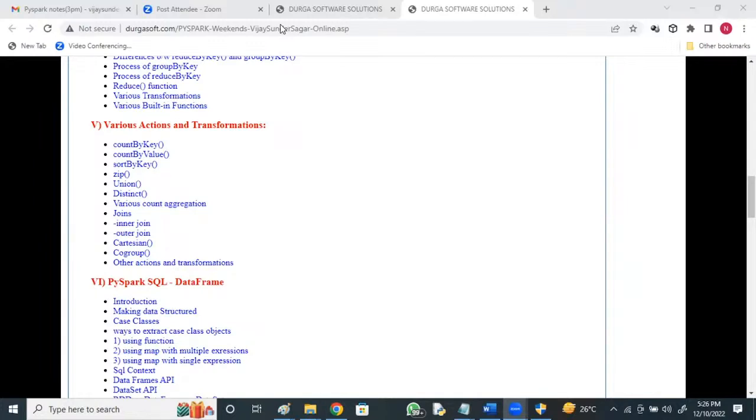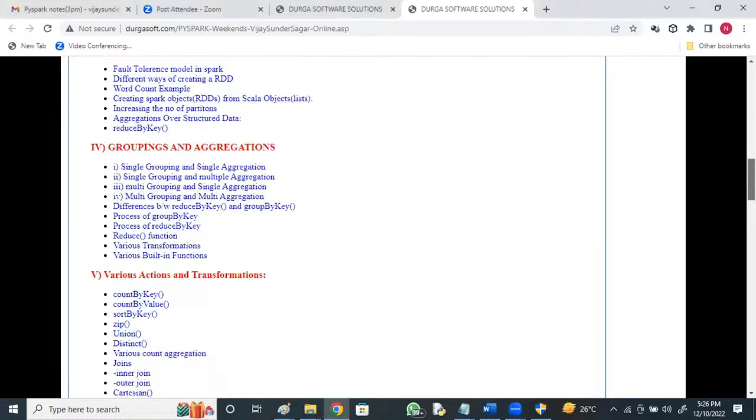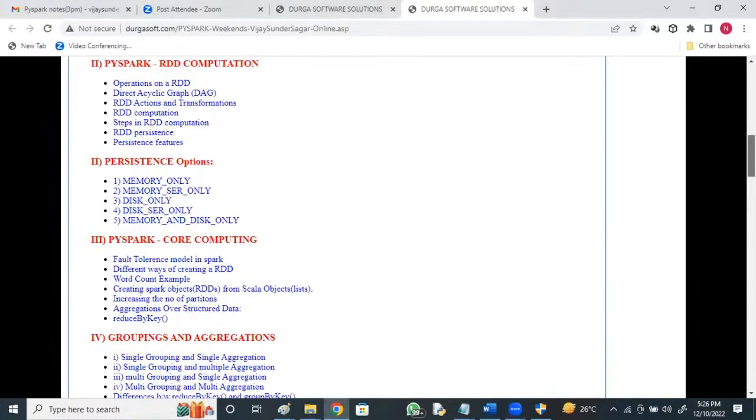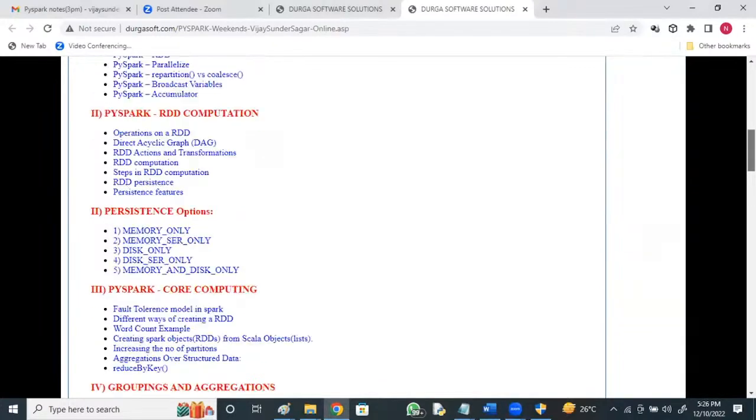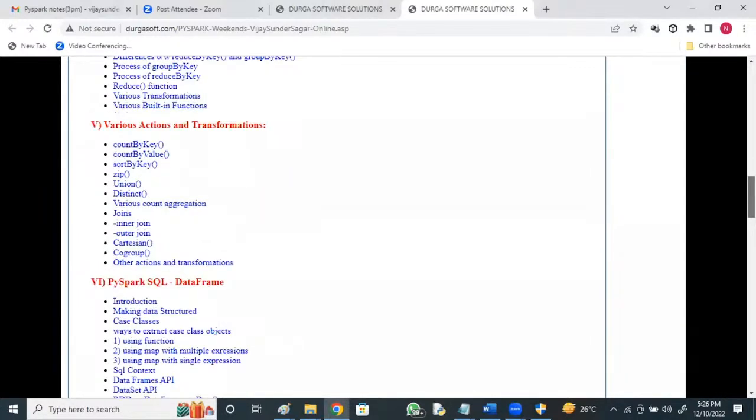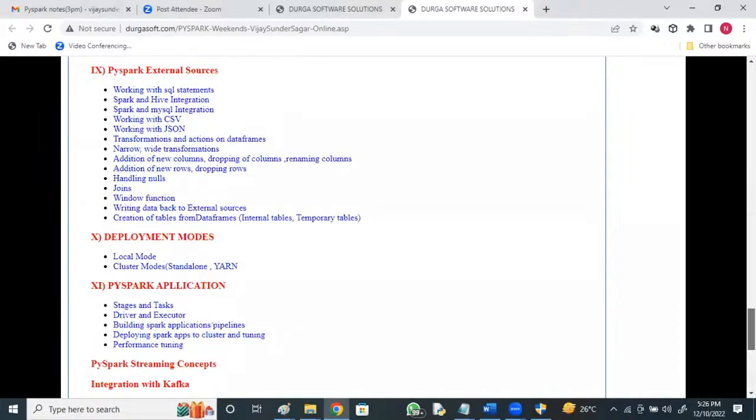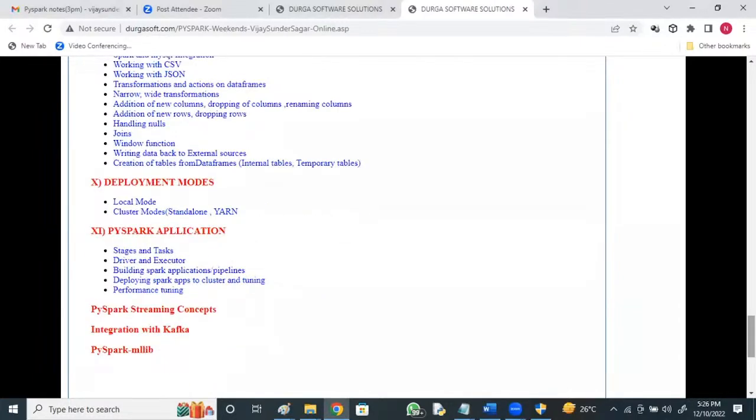Yes, Kiran. Even on the cloud side, how it is used and how we are going to use it, I'll provide you that knowledge too. You will also see PySpark's total functionalities and the various APIs, everything in brief, one by one, with multiple examples. That's why I'm saying it's 10 weekends, not 6 or 8 weekends. We'll spend more time on this, and you'll get command over it.